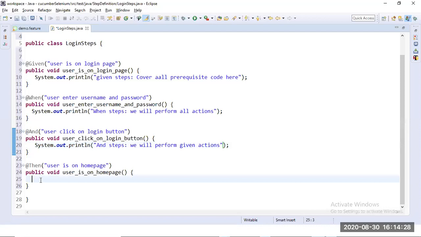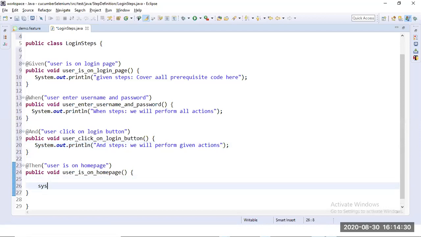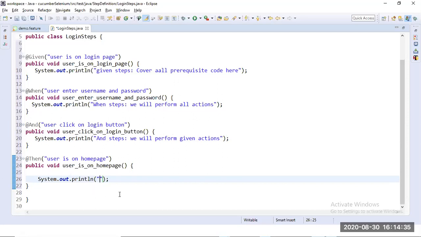Okay, and then, once the prerequisites and all the actions are performed, after that we will verify. Within the then steps we will verify the condition, true or false.